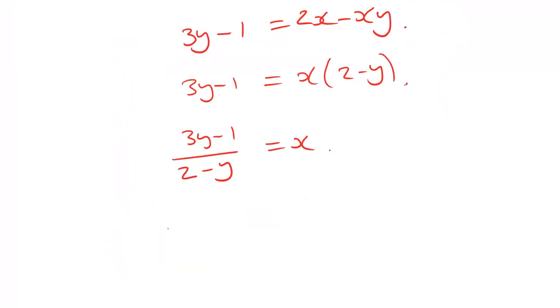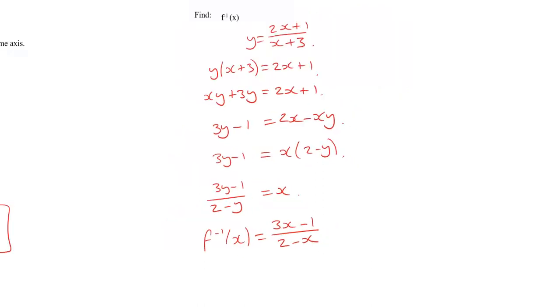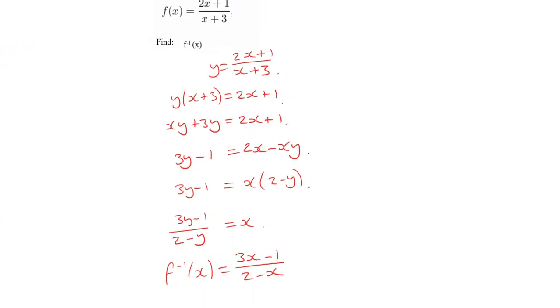Now, again, don't forget we're asked for f minus 1 of x, which means we're acting on x, so our final answer should be written like this: 3x minus 1 over 2 minus x. Okay, so hopefully that made a little bit of sense there, and you could follow those steps and even have a go at some of those really challenging examples like